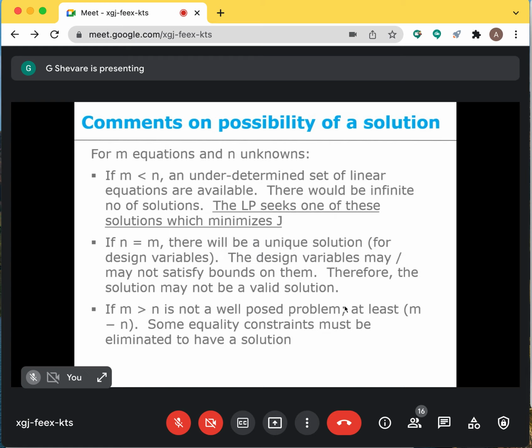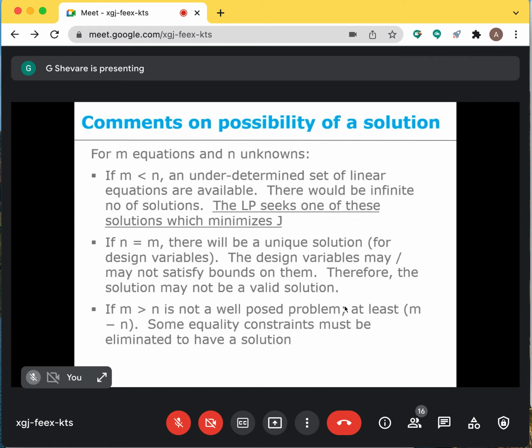problem resides. In case the number of variables is the same as the number of equality constraints, then you get unique values for all the design variables, which are n in number. There's hardly anything to optimize. This is a degenerate linear programming problem. We are not looking at this problem at all.